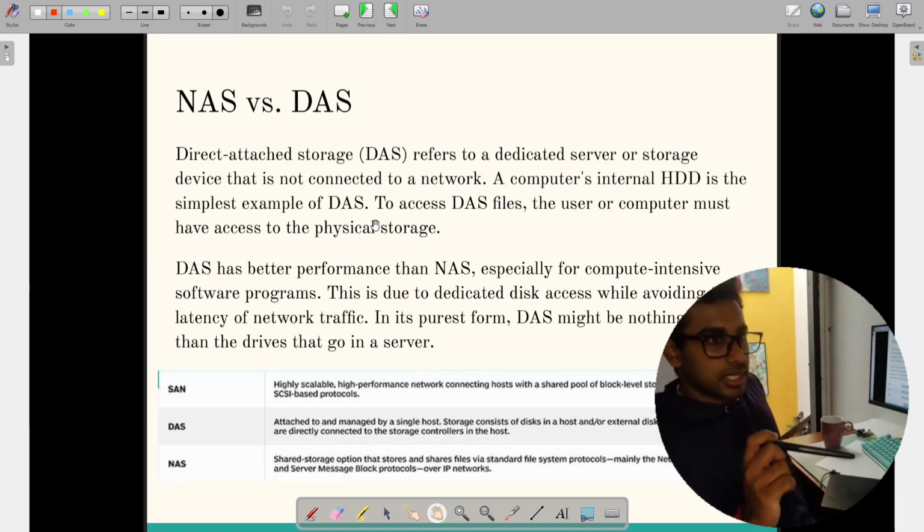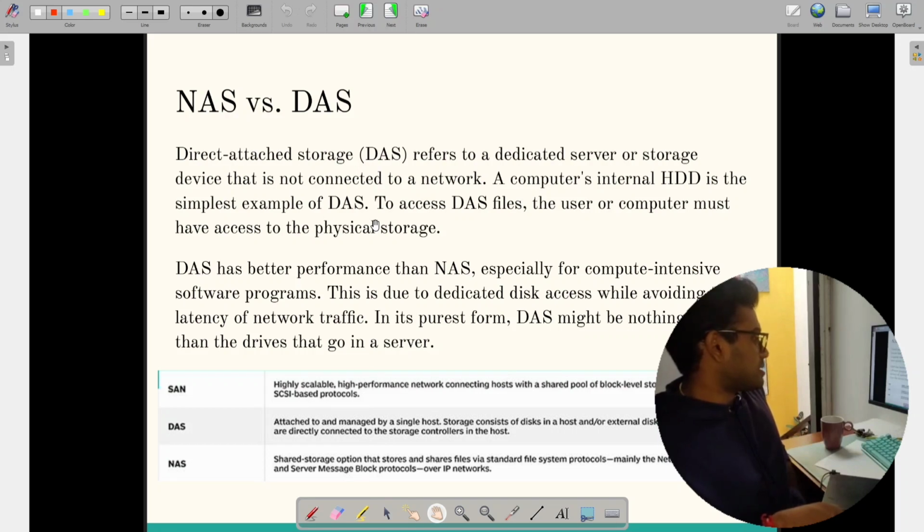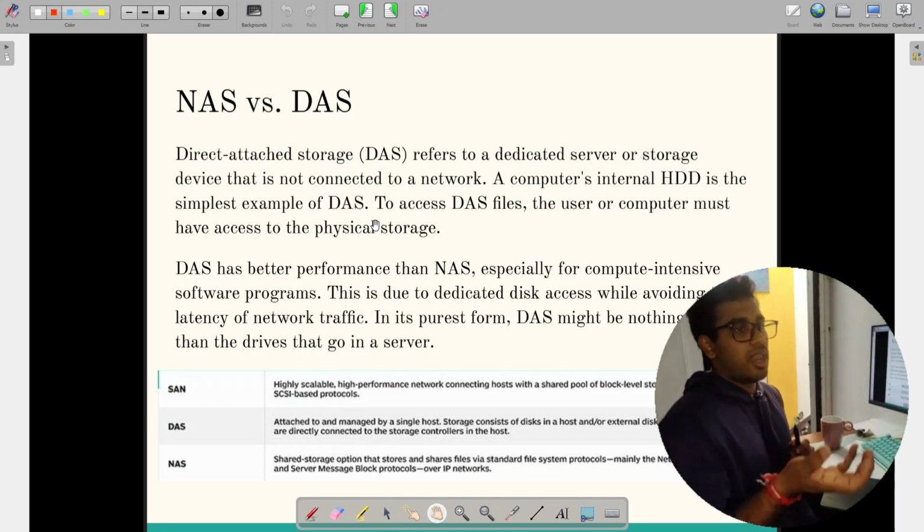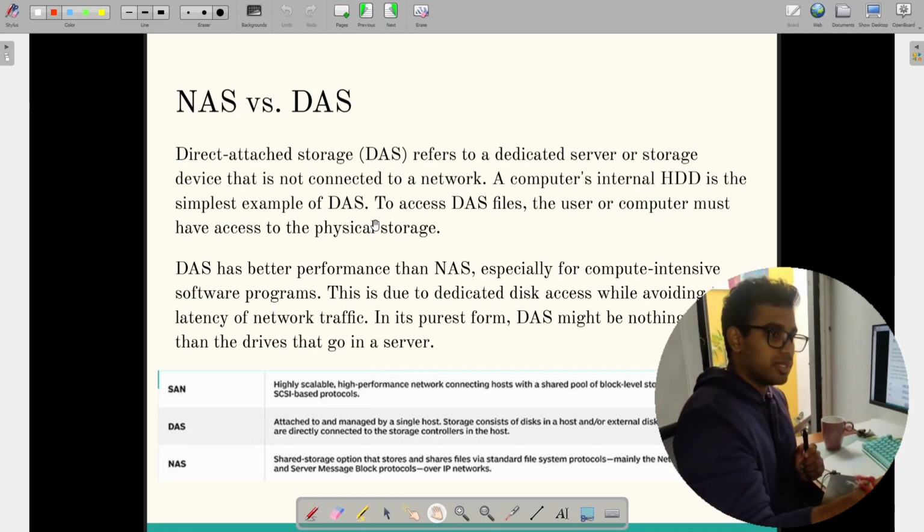So it's not connected to a network, right? And a computer's internal hard disk is the simplest example of DAS. To access DAS files, the user or computer must have access to the physical storage. So basically this is not that complex. That means if you have a hard disk and you're attaching the hard disk to the computer,